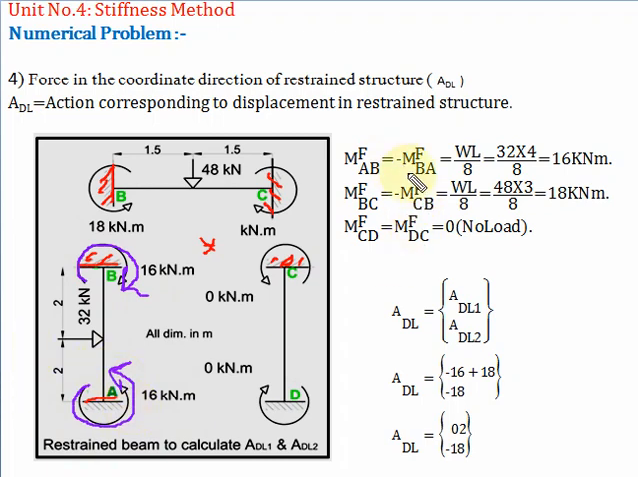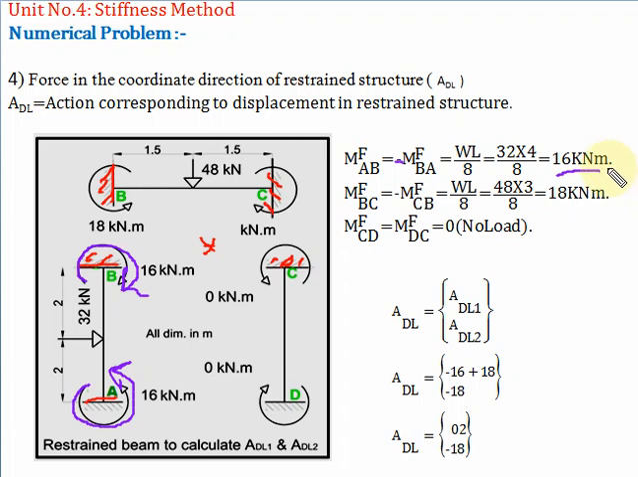It will act in anti-clockwise direction, so here it is plus. Fixed moment in member BA will act in clockwise direction, so here the value is minus. Okay, so fixed moment in member BA is minus. So the point load is acting at the center. Okay, so what is the formula for fixed moment? It is WL upon 8. What is the value of W? 32. What is the value of L? 4 upon 8. So fixed moment in member AB is plus 16 and fixed moment in member BA is minus